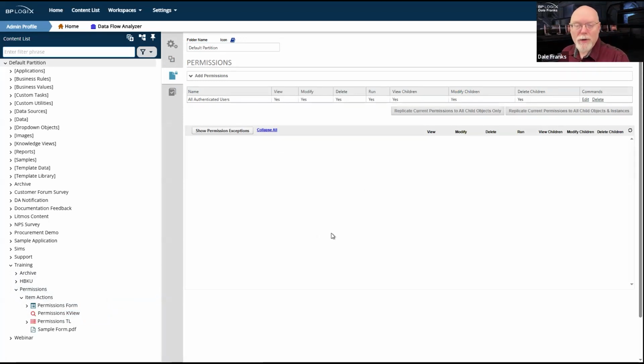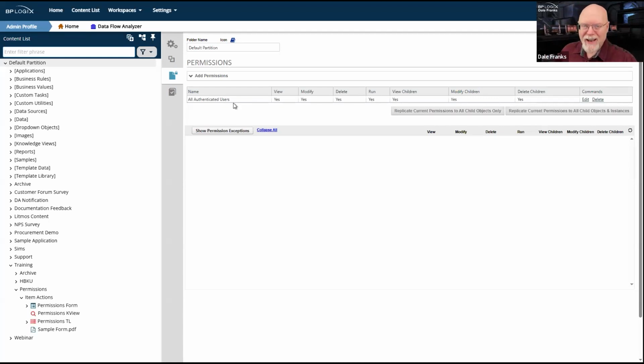By default, when you install Process Director, there is a group called All Authenticated Users, which is to say everyone who has a Process Director user account, whether that is a built-in account, an account that is created as a Windows account automatically via Windows SSO, whether it is a Windows account that is synchronized with Active Directory, or whether it is a SAML account that is created whenever you log into your federated identity / SAML system to get onto the system.